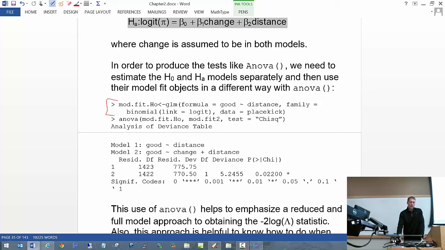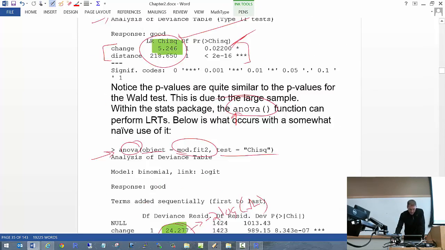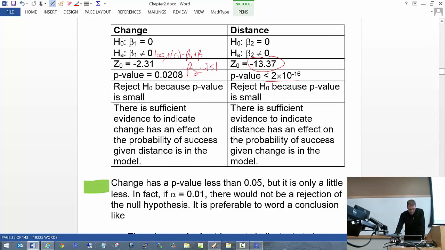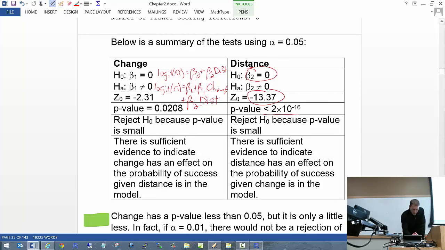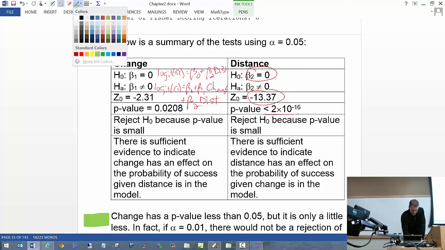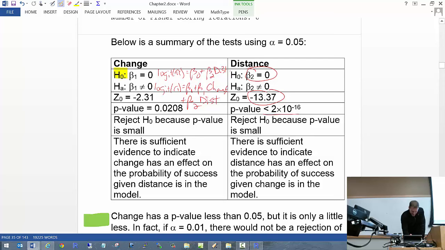And when we want to test this and focus on the model-based way of stating the hypotheses, what I've just done is now estimate